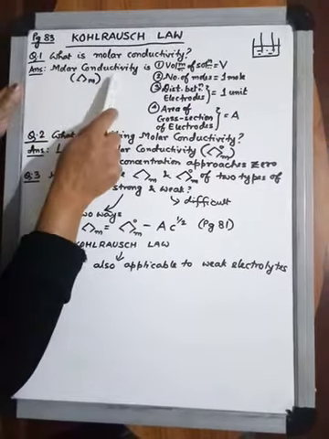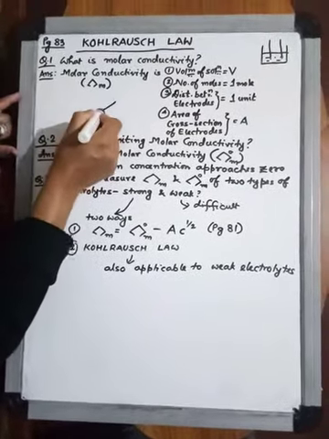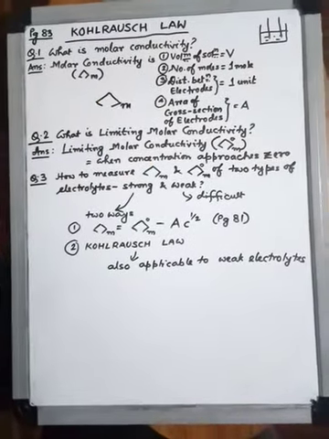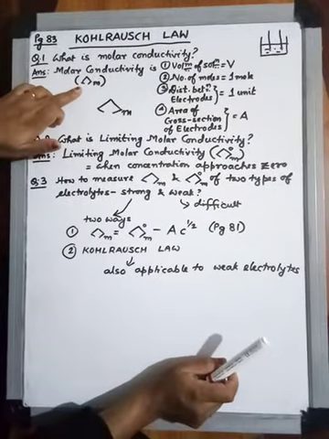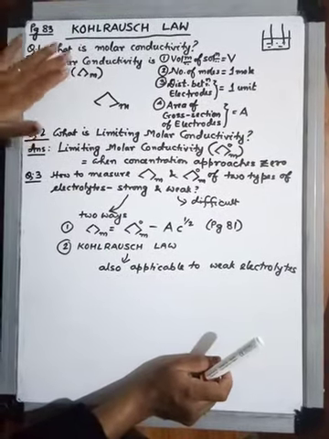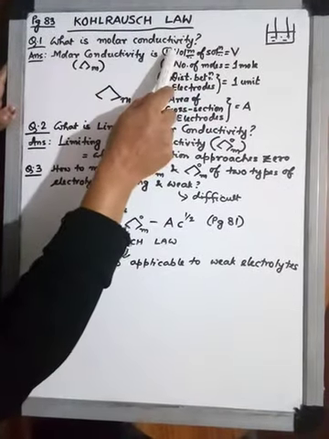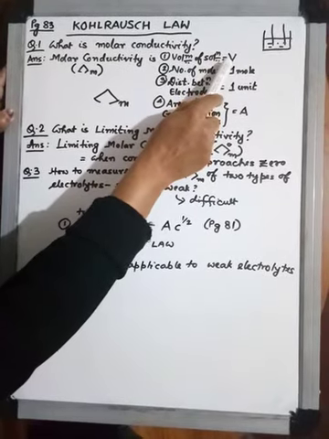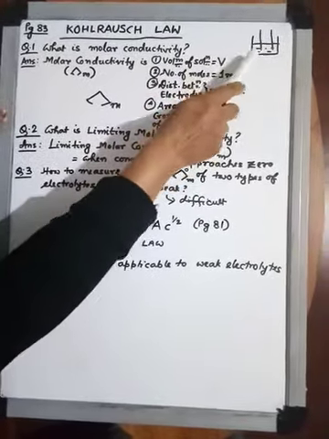So molar conductivity, you can see how I have denoted it. It's written in this way. This is capital lambda and the subscript is written as M. So molar conductivity is what? Molar conductivity is the conductivity of such type of a solution when the volume of the solution is taken to be V, and when we make this volume V, how much of electrolyte do we dissolve in this water?